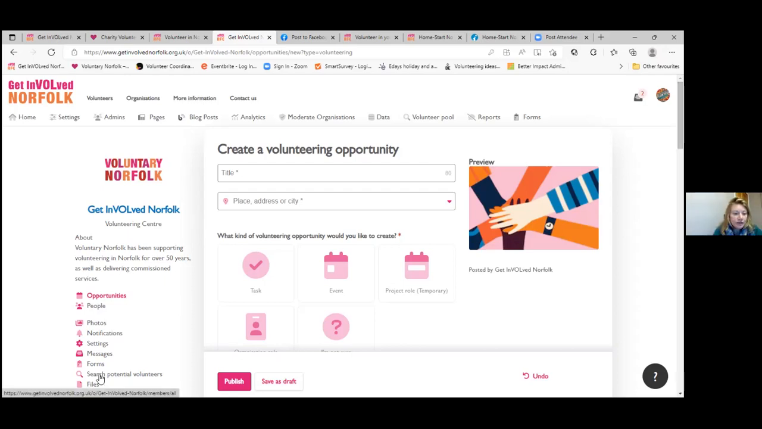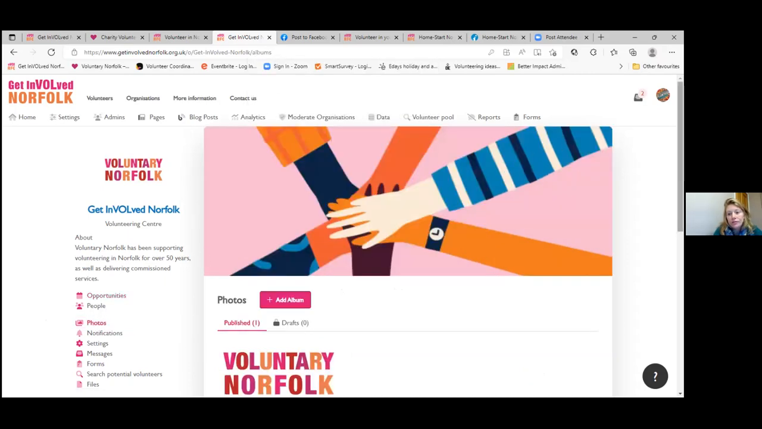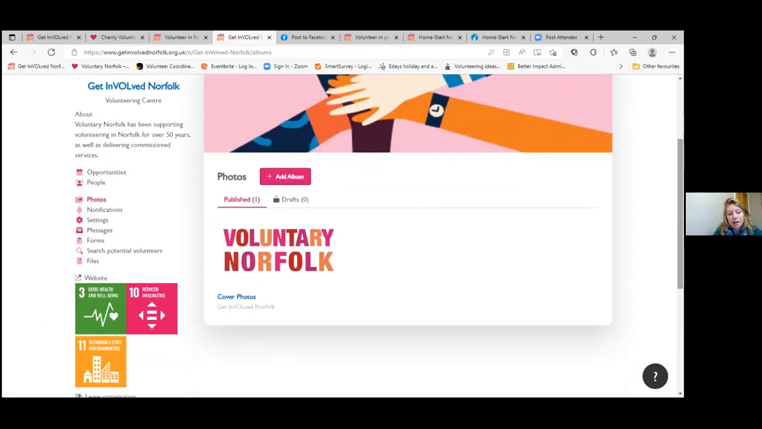I think I've gone through most of the organisational and profile settings. The only other thing that I haven't mentioned, that I probably did in the previous session, is the photos section. Photos is a chance for you to have an album of photos that you would like to use for roles. If you've got multiple roles going on the platform, especially if they're different roles or in different locations,